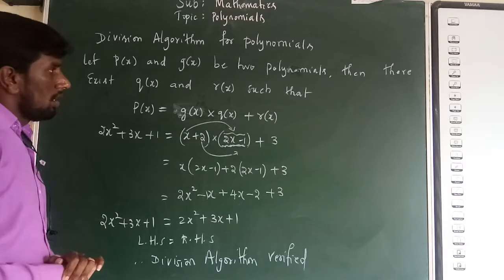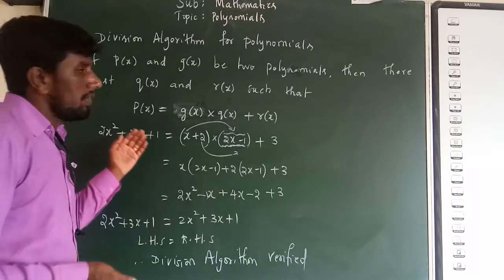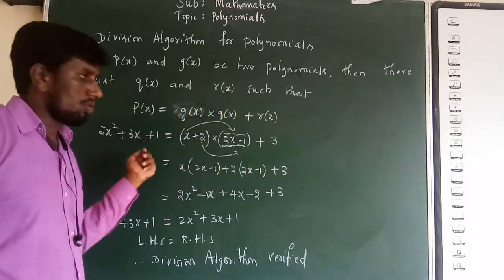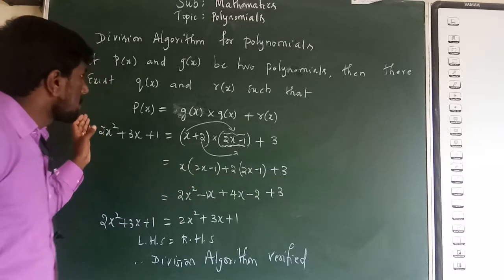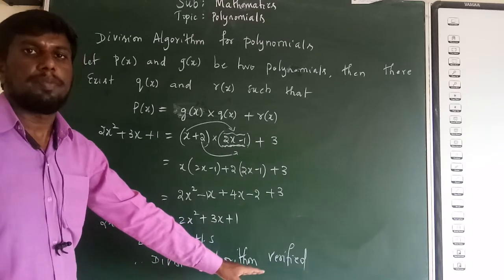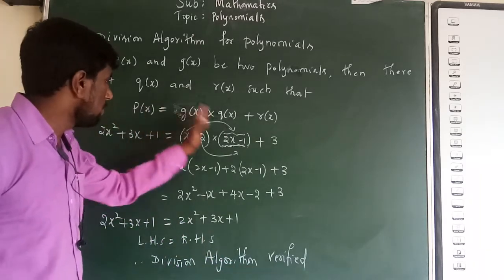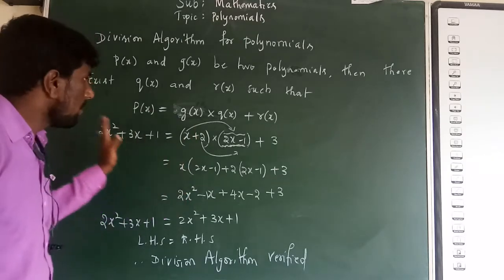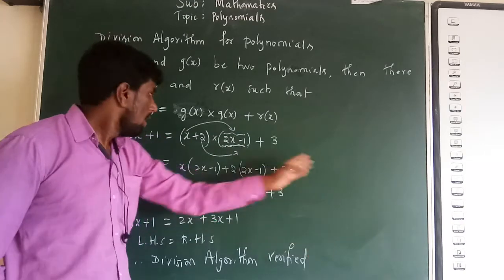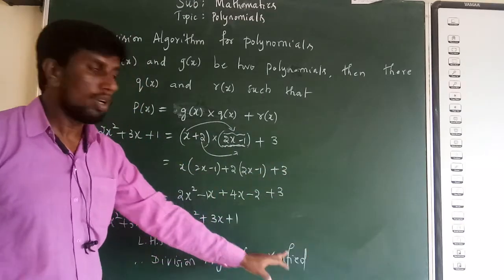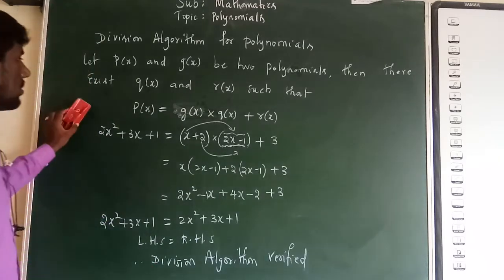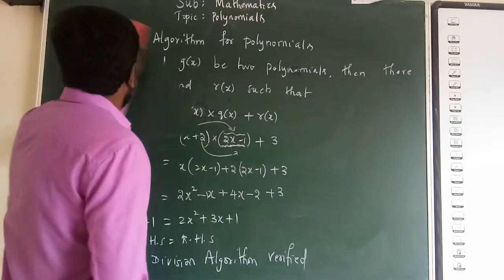So the question will be, sometimes they will ask to divide, they will give two polynomials, divide the first polynomial with the second polynomial. So that is for a 2 marks question. Sometimes they will ask divide the polynomial with the polynomial, then verify the division algorithm. They may ask for a 3 marks question. For this we need to do the extra steps. If they ask for only divide the polynomial, then only do the division and write the quotient and remainder. That's it. Okay. So if they ask for verify the division algorithm also, then we need to do these steps. Okay. So this is done.